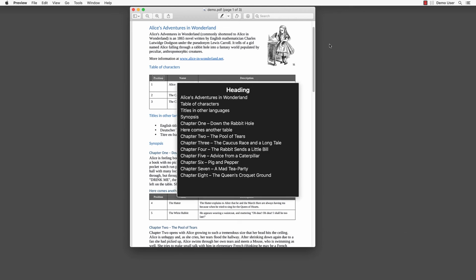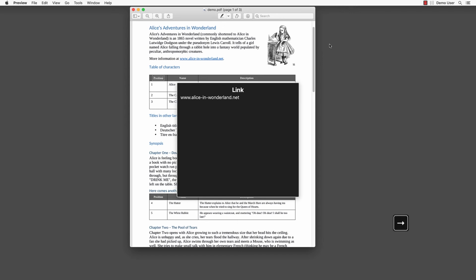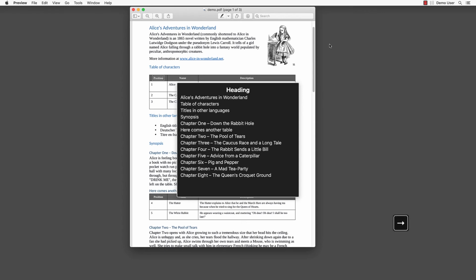An overlay appears, showing us all headings, links, images, and tables of this document. Link menu. Image menu. Table menu. Heading menu. We can now go directly to one of these items. The rotor offers an overview of the document and serves as a tool to quickly access all these items. Let's select the first one.